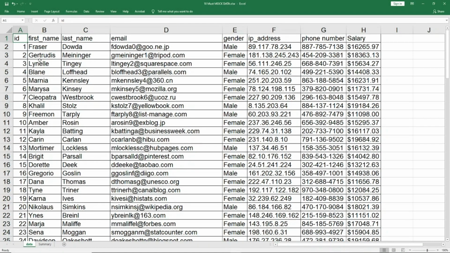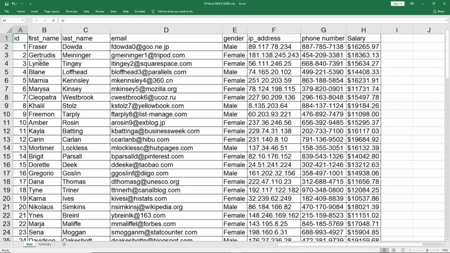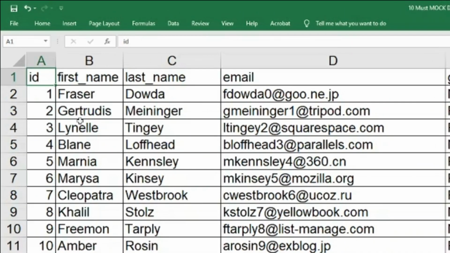Now if I go down, Page Down, you see my headings are gone. So what I like to do is, if serial numbers are not there, I would normally insert one column and put the serial numbers. Maybe I'll tell you later what the benefit is, but since the ID is already serialized in this particular example, I'll not do that. What I do in that case is I try to freeze the panes so that my top row at least is visible, in case I want the name here as well.